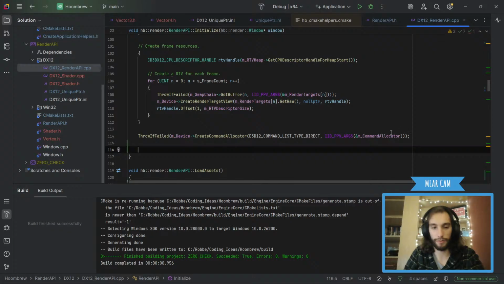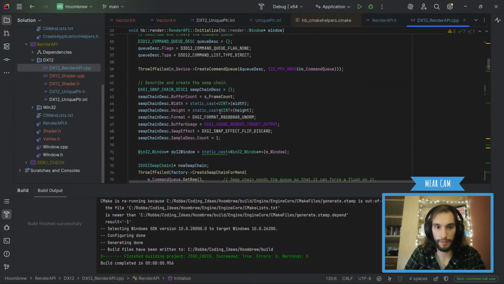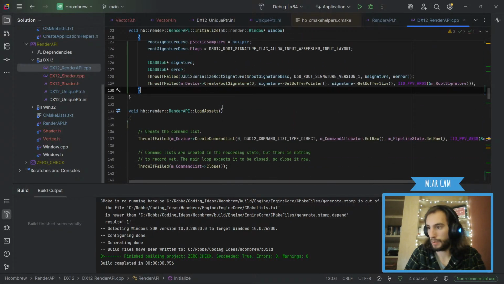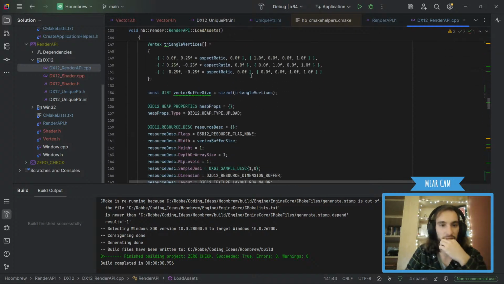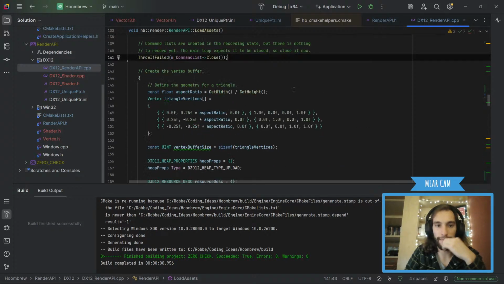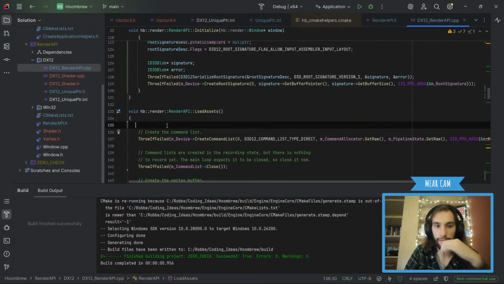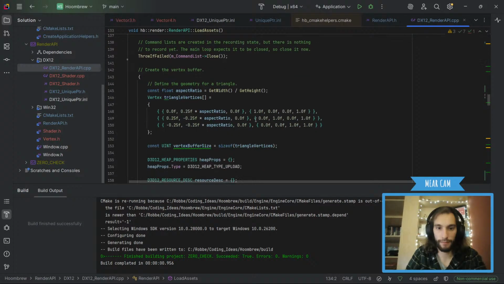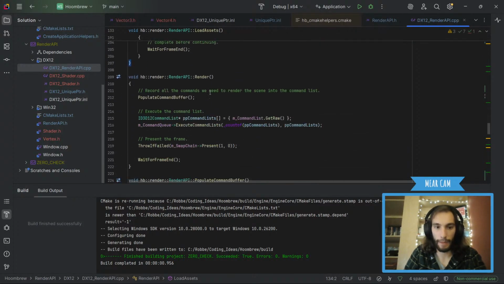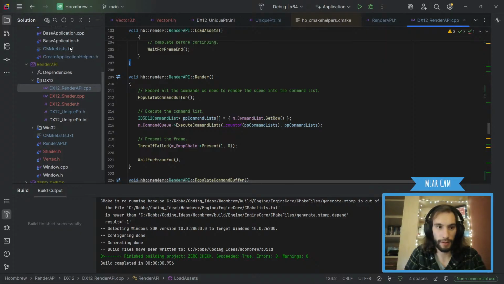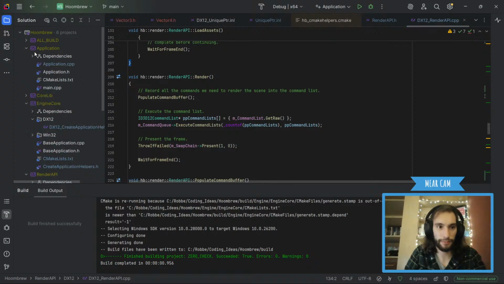After this, there we go. That's fine. We can set it up more correctly later on. Then this we're still gonna keep as is. We're still gonna call it load assets.